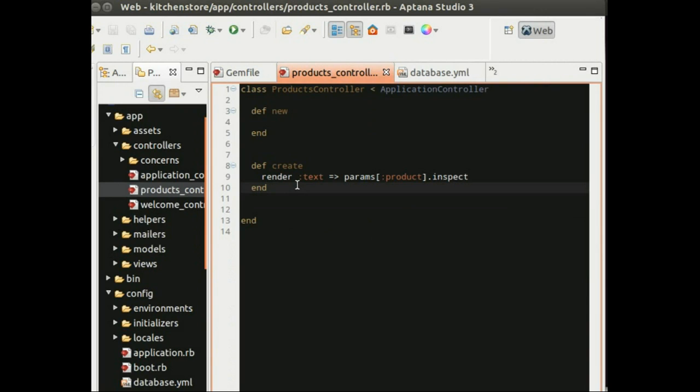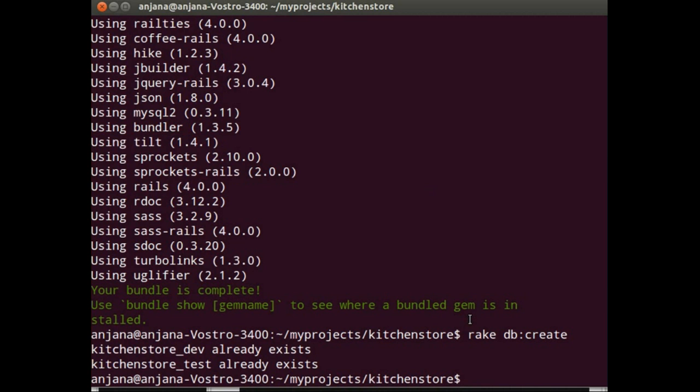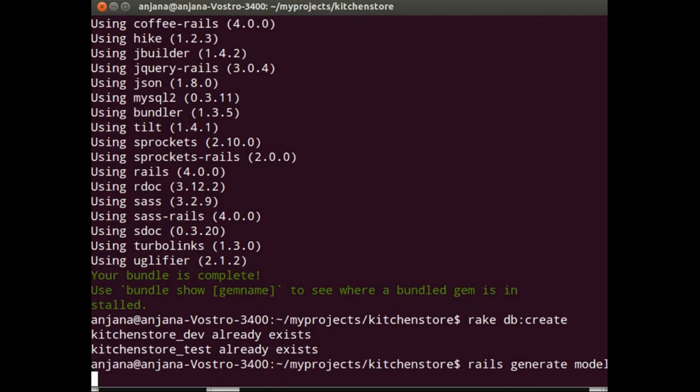In order to save the product information to the database, we need an ORM model called product. There should also be a corresponding table called products. So let's use one of Rails generators to generate the model product. Let's switch back to our command prompt and execute Rails generate model product